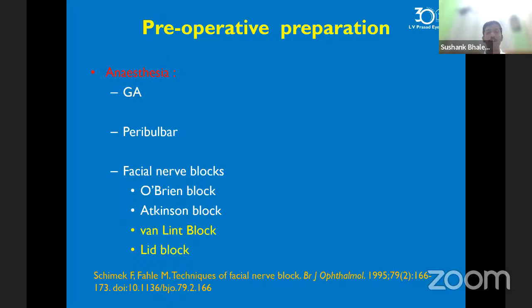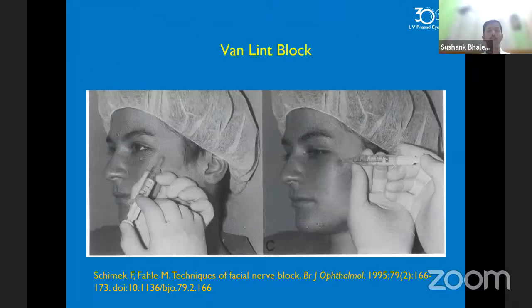But definitely, again, while giving the block, it's very important not to have a retrobulbar hemorrhage. I know it's a blind procedure, and it can happen with anyone, but just try to avoid that situation. And if it happens, then don't do the surgery on the same day. Try to avoid the surgery on the day or next 2-3 days. We can just reschedule it if it is not an emergency. There are few blocks like O'Brien block, Atkinson block. These all things you all can read in the book